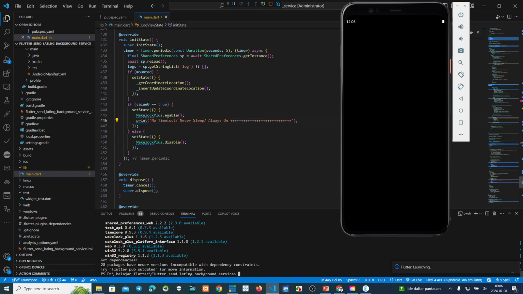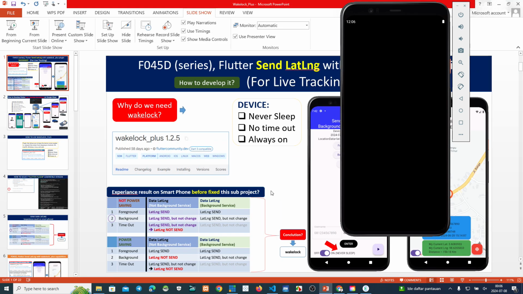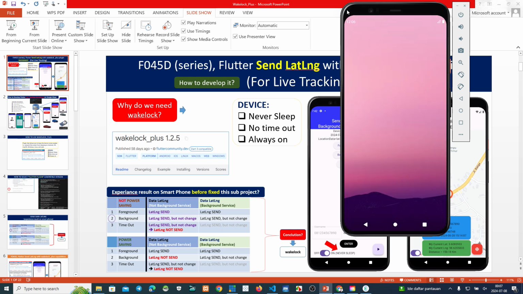If the result we see is this one, it means the plugin is running. Okay, and after that, if we run this, okay, maybe we move this one to the right side. Okay, no problem.